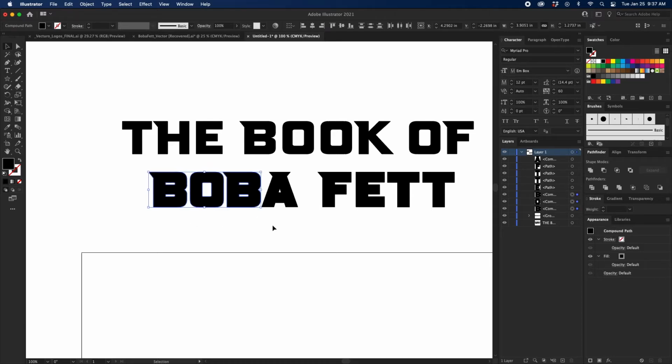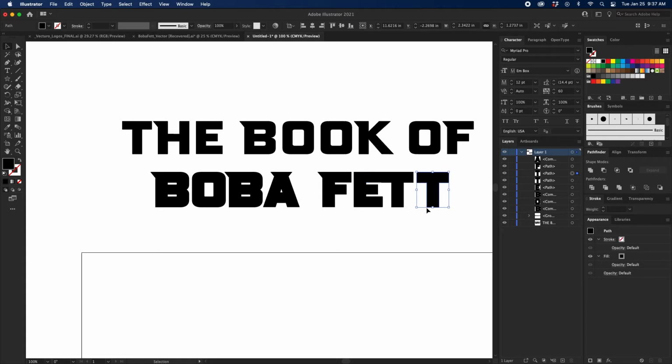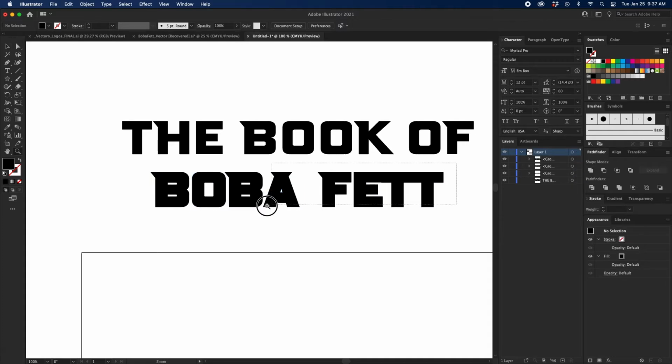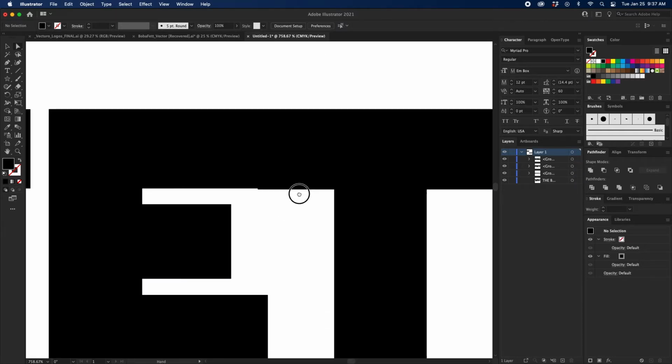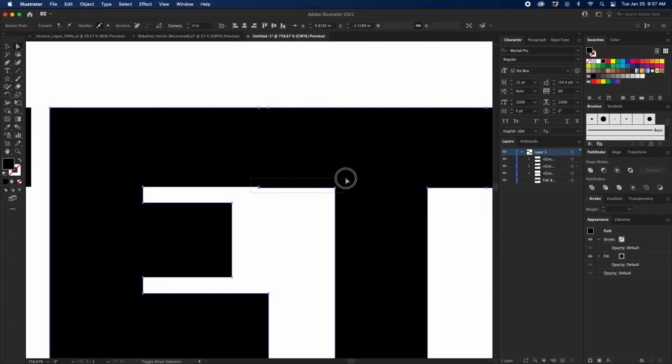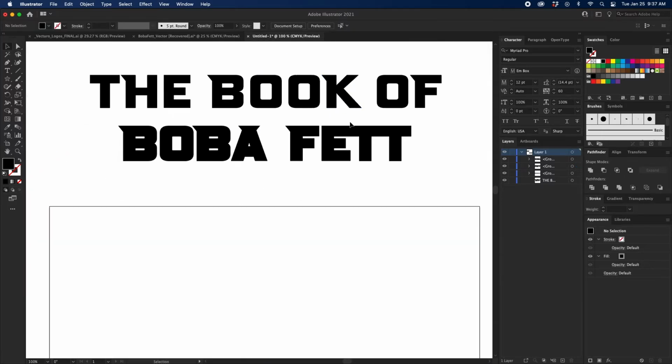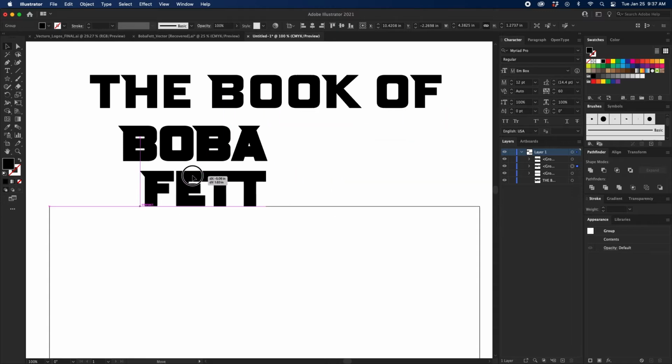Don't go too close though, because we need to add a stroke to these still. E, and then the T and the E touch, and then both T's touch. Right about there. Click and drag over Fett, unite. Click and drag over Boba, unite. Let's go ahead and click and drag these anchor points, align down so they're straight. And now we put Fett under Boba,